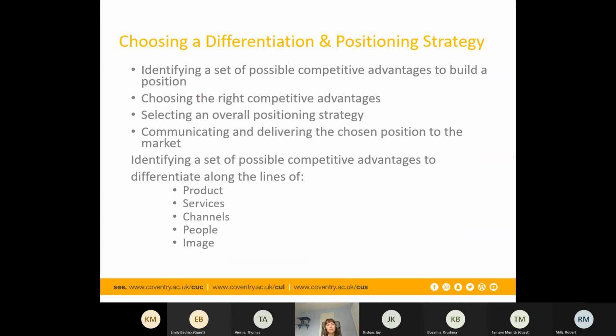So if we're going for a slightly different position here, we need to work out how we're going to stand out in a marketplace and how we're going to be seen as different, and work out what we need to stand for as well. So we need to try and identify how we can have a point of difference in terms of a competitive advantage. Can you think, with the three restaurants we've got and what you know of them, are there any competitive advantages that they've got? Do they do anything differently or particularly well?